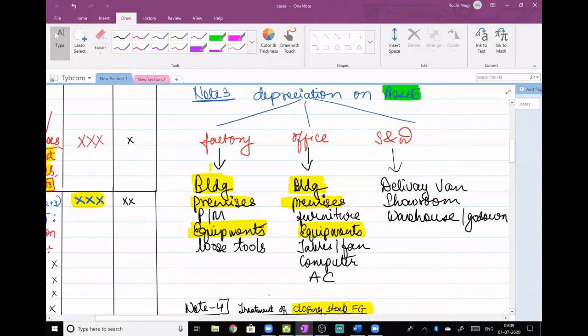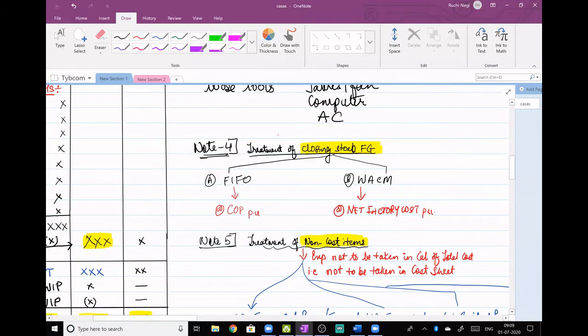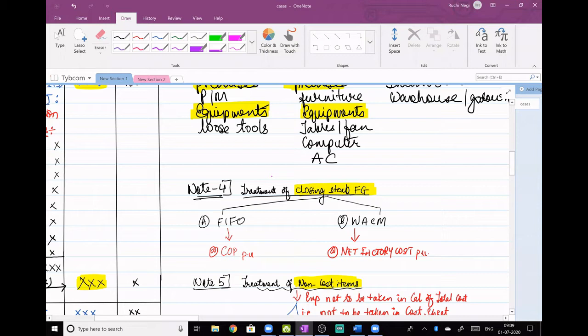So, note number 1, 2, 3 is actually for type 1 cost sheet. Okay, fine. Anyways, I could have started with sums today also. It wouldn't have made much difference because note number 1, 2, 3 is applicable for type 1 sums. Okay, no issues. We'll do note number 4 and 5, and then note number 4 and 5 is applicable for type 2 sums and type 3 sums. Anyways, I was supposed to give you an overall note, so you will have your note in a flow. That will be better then.